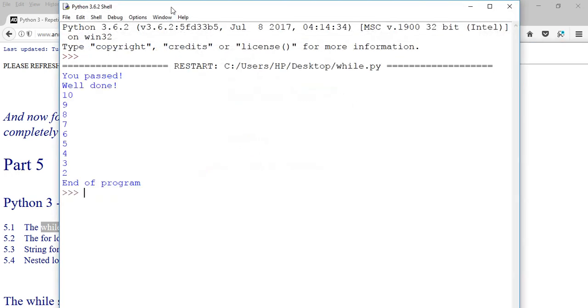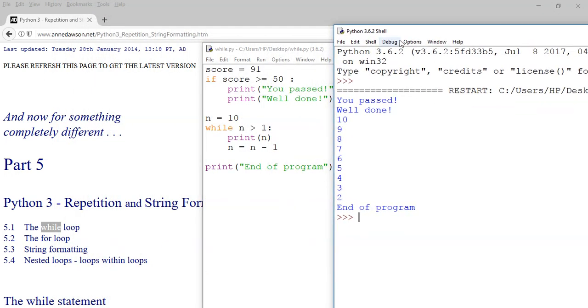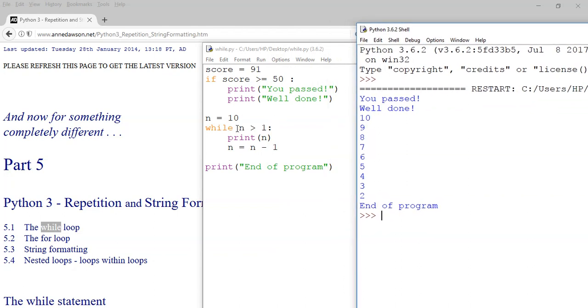And there it is. Now notice it didn't print the number 1, because when n became 1, 1 is not greater than 1, so it doesn't print 1. The last one it prints is 2. And there you go. Now if you want it to print the number 1 as well, what you can do